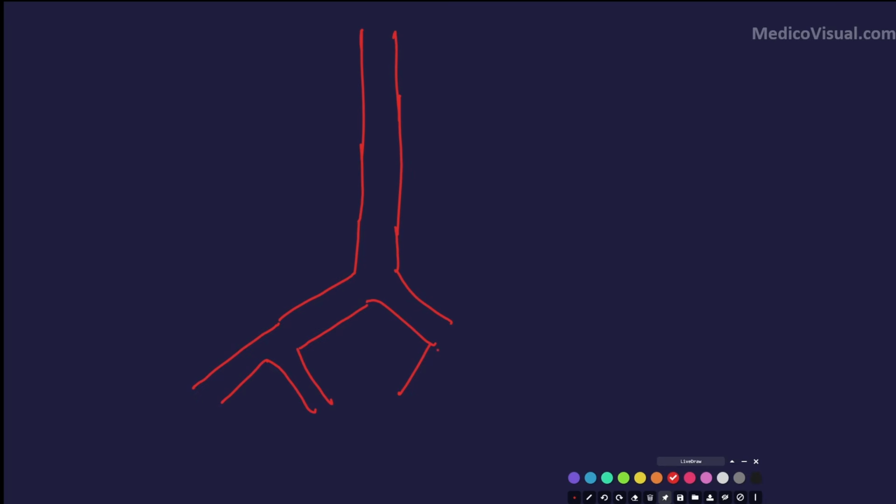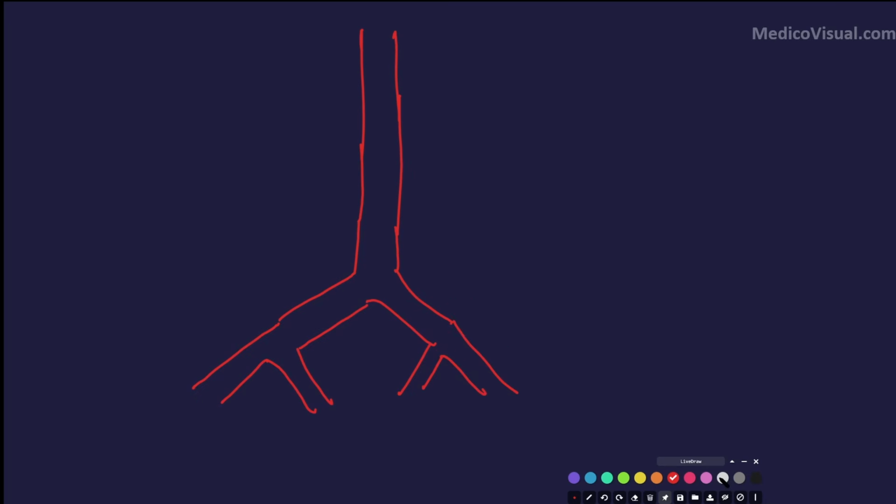How does the kidney ascend? Other structures relative to the kidney overdevelop, and so the kidney will ultimately come to lie in the lumbar region, and in the lumbar region it will get the blood supply from the lumbar part of the aorta. Initially, here is the aorta, and the aorta will get divided into right and left common iliac arteries, which will divide into external iliac and internal iliac. It will also here divide into external and internal iliac.